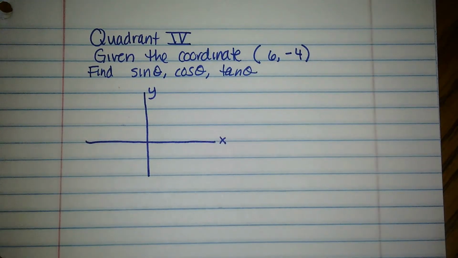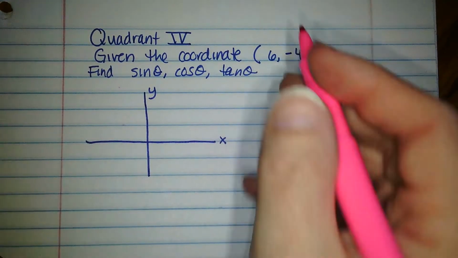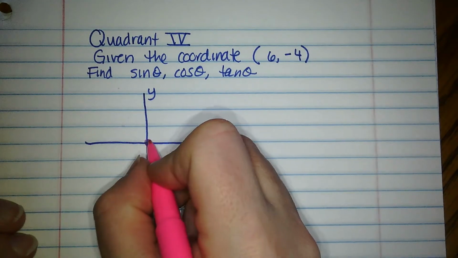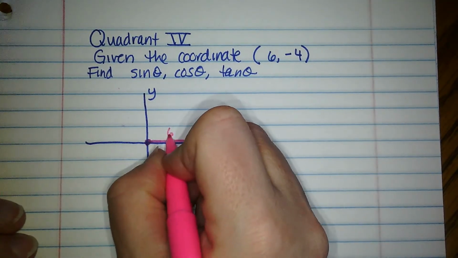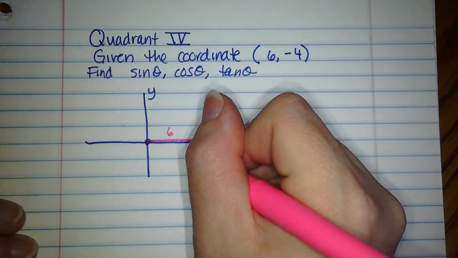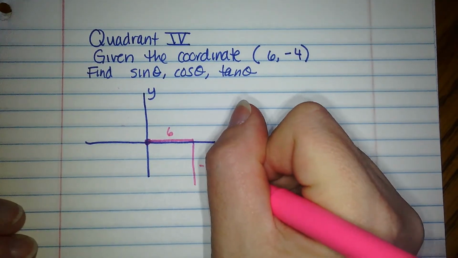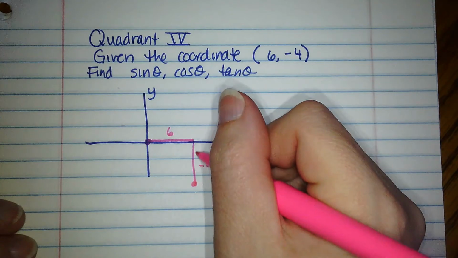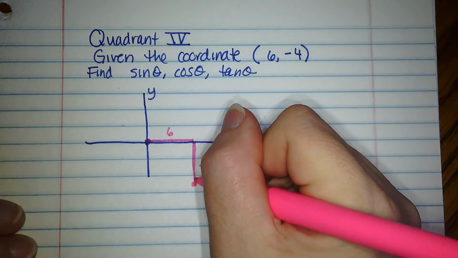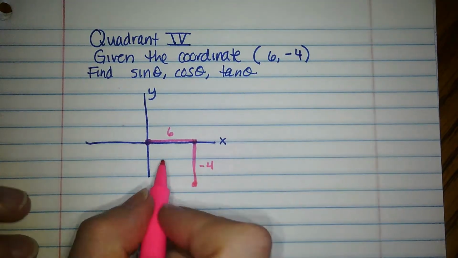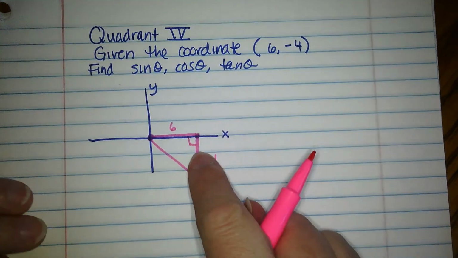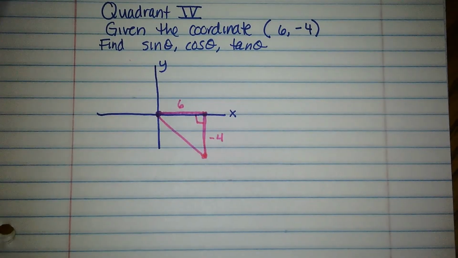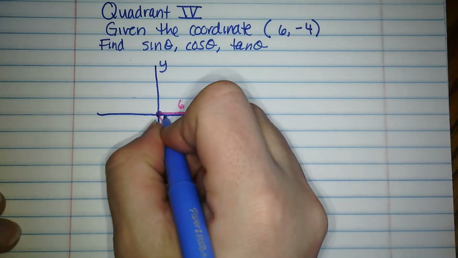And when we're going to 6, -4, we would go from the origin. We would take a right movement for the positive X as 6 and then down 4. Again, I know that this is not a negative length. There's no such thing as negative length, but because we're in quadrant 4, that is the direction we're moving. This is where your right angle goes, and we know theta is always anchored at the origin, so theta is